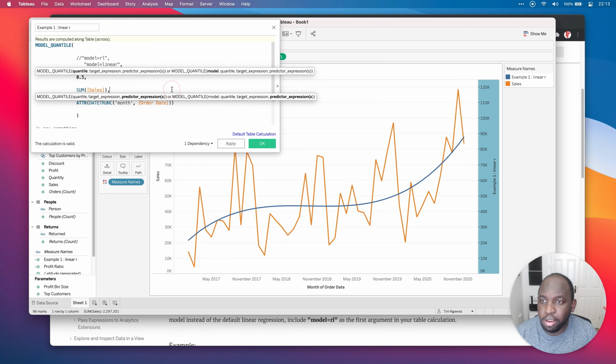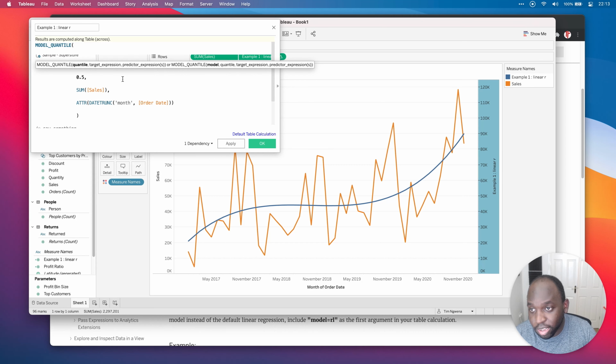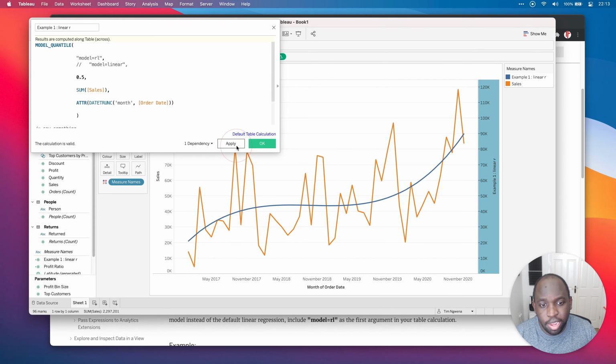Okay. And now if I hit apply, because this has been commented out, it won't work. So if I did apply, you'll see the line shifts ever so slightly. It's the most subtle of changes. And then if I cross that out and go down to a new line, double forward slash, it's commented out, you see the line changes back. So it's probably not a good example here. This probably will work better in a slightly different sort of time frame, but essentially that model is now available